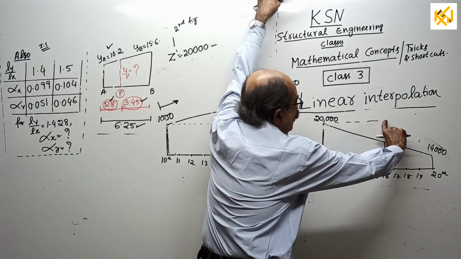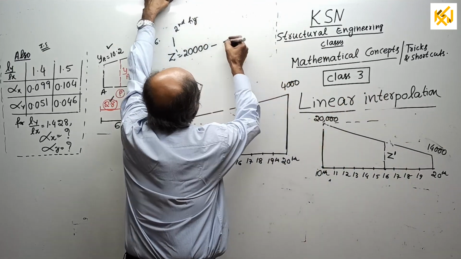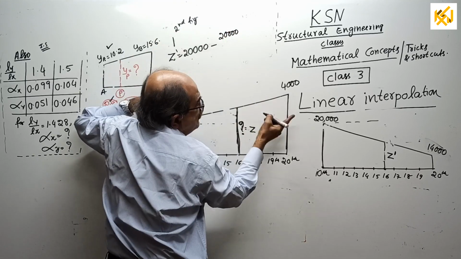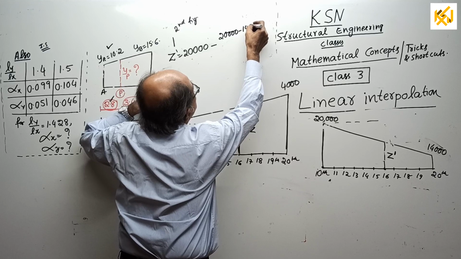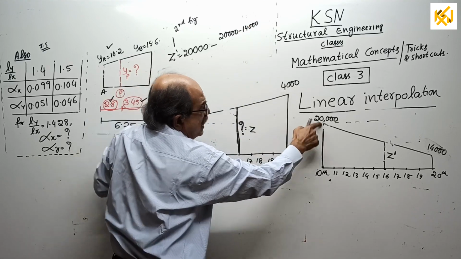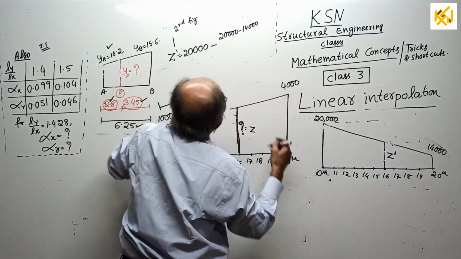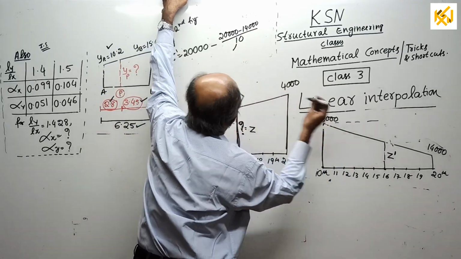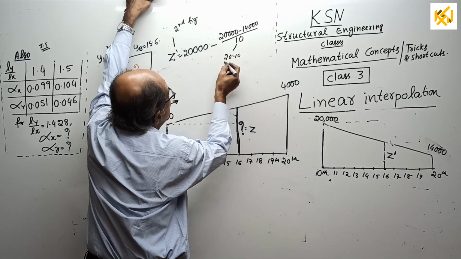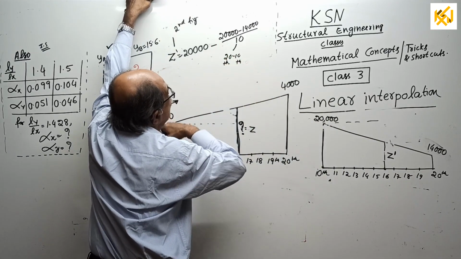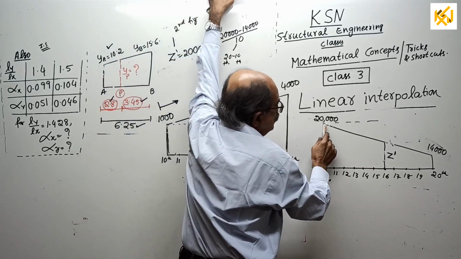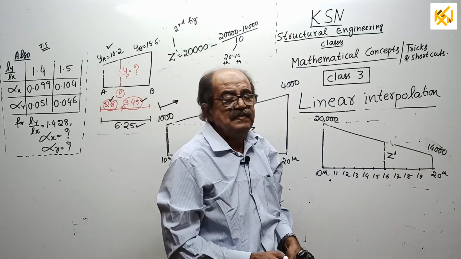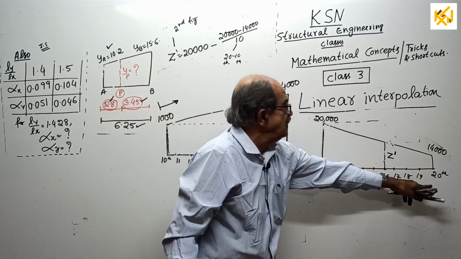How do you calculate the drop? Start. 20,000, I think now I don't have to explain that much. 20,000 minus 14,000 is the total drop for a length of 10, divided by 10. Remember, 10 is what? 20th minus 10th. This will give you what? 20,000 minus 14,000 gives the total drop for how many days? For 10 days.